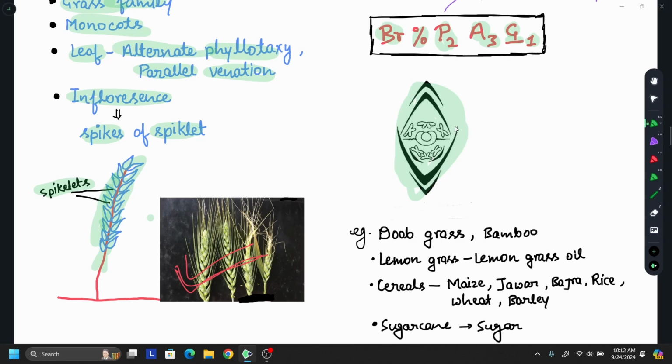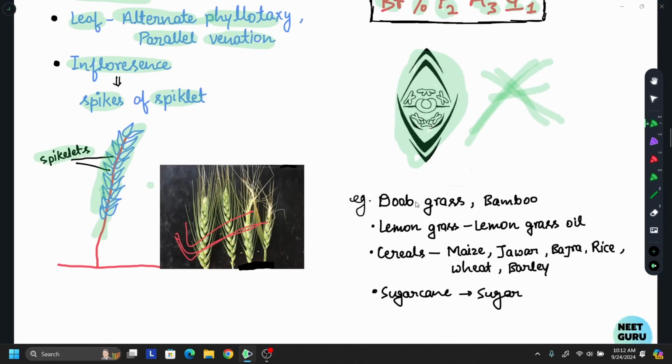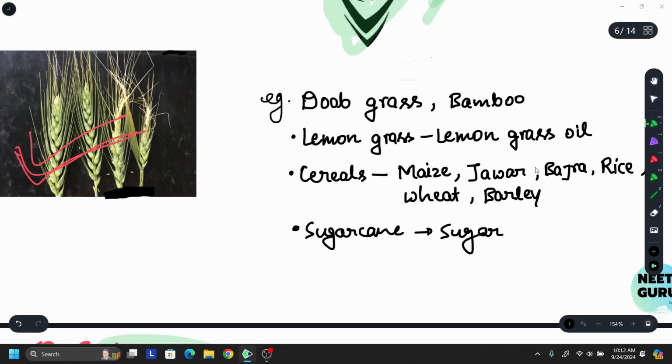Also, I have 99.9% confidence that this will not be asked in the NEET exam. So don't try to remember this diagram. Just remember the floral formula, do not go to the diagram. Now coming to examples, we have all types of grasses: dhoop grass, we have bamboo, we have lemongrass, which